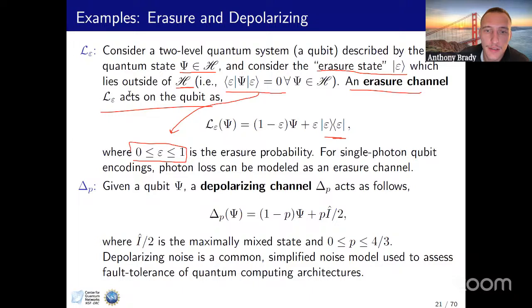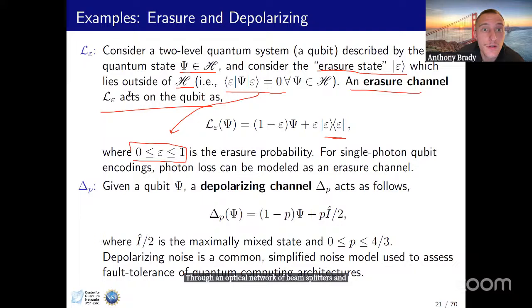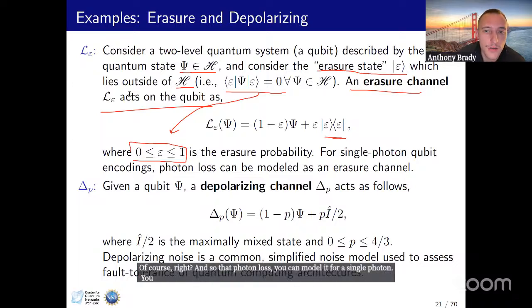Yeah, this is a common channel, and this is actually relevant when you're doing single photon stuff. So if you're encoding, let's say, a qubit into a single photon, and you're storing the photon in a cavity, or you're sending it through an optical network of beam splitters and things, the photon can be lost, of course, right? And so that photon loss, you can model exactly with an erasure channel. So with some probability 1 minus epsilon, the photon arrives to you, and with some probability epsilon, the